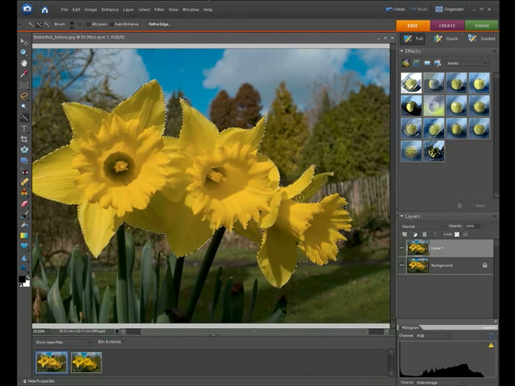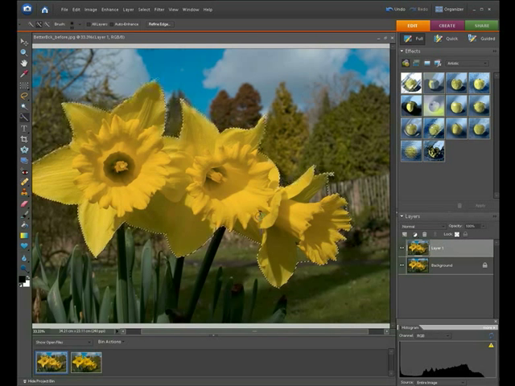As you go across, you'll see it pulls in a few bits on the outside of the daffodils, and we can then use just the selection tool just to pull those back in or out of the selection that we're making. So if you use the quick selection tool, very quick as you see, we have selected the yellow of